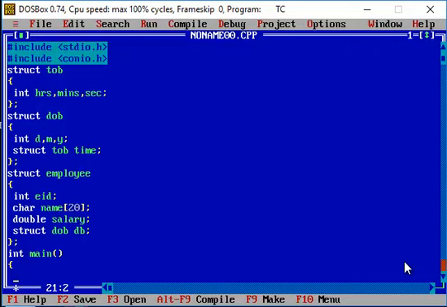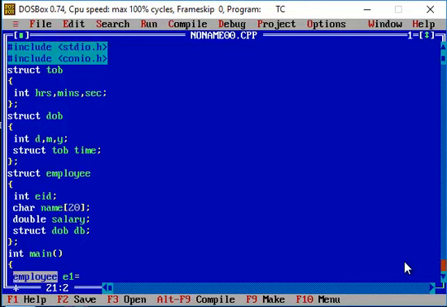What I'm trying to do here is first create a structure variable for the employee. Employee is nothing but a data type, a user defined data type in the form of a structure. So I'm just trying to create a variable E1. E1 is a variable, and the data type of the variable E1 is the employee data type.